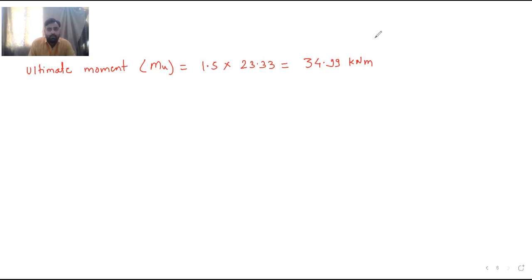Okay. Now take the check for depth of the stem. So we have taken the depth of stem. It is how much? It is 300 mm. Okay. So we have provided, I will write first provided depth so that you will understand. Provided overall depth. What overall depth we have provided? Overall depth for the stem is 300 mm. This we have already provided in the last lecture.